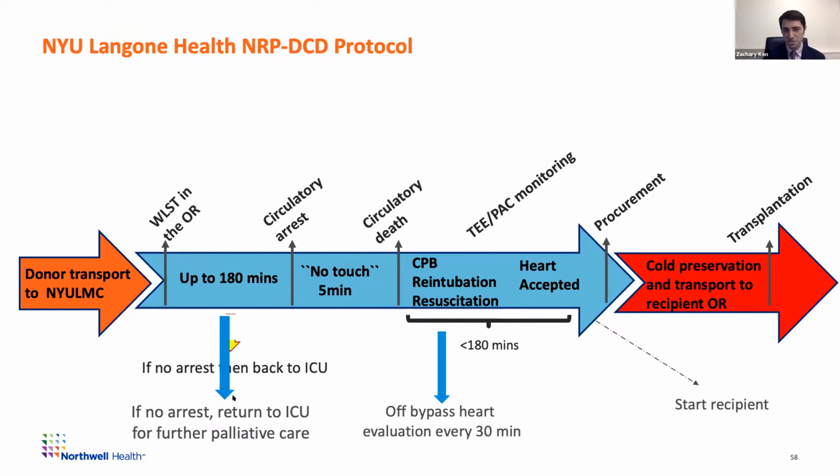And then the second is speculation on my part, to be fair, but I happen to think that if the heart is still beating, there's enough coronary perfusion that there's probably not a massive amount of warm ischemic injury that can't be overcome with some reperfusion on bypass. And our experience hasn't tested that, unfortunately, as you'll see when I get to some of the numbers, because most donors end up dying in a relatively quick fashion. But I think we still would be willing to wait up to 180 minutes to see if those hearts are viable. And that will be something that we definitely will have to answer in the future.